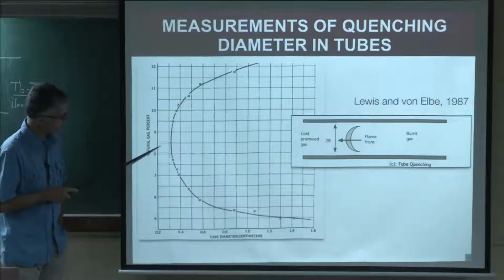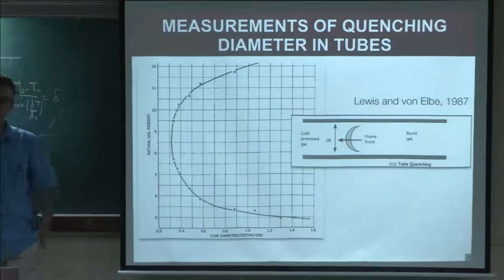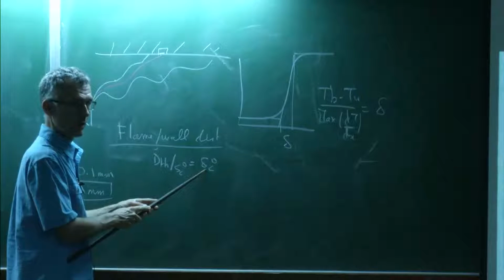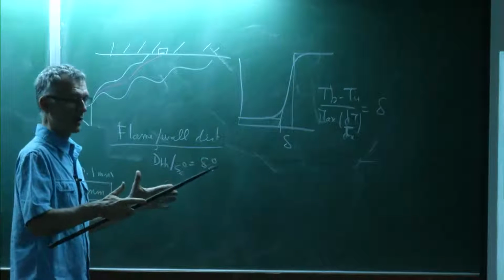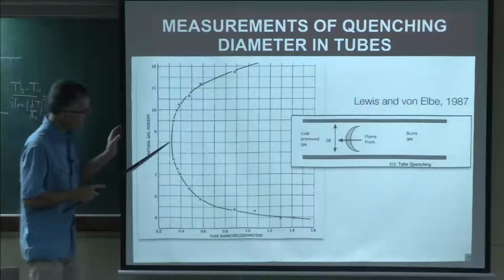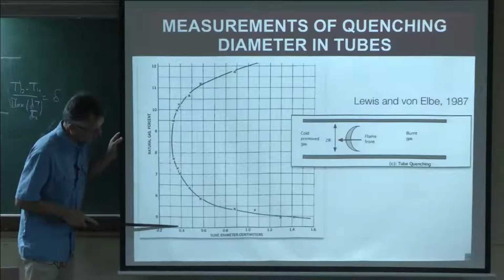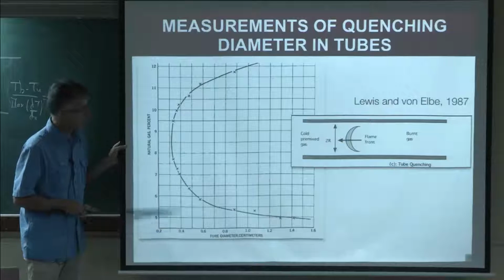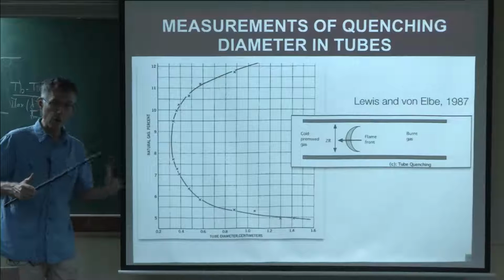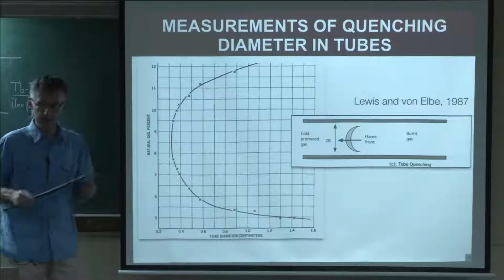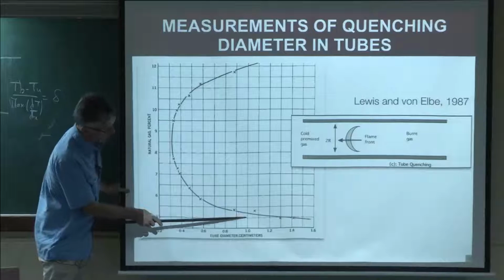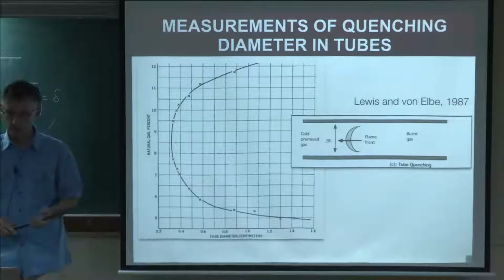So this is stoichiometric, and of course, remember that we said that before. When the flame is fast, it's easy from this relation. When the flame is fast, it is also thin, okay? And slow flames are thick flames. So here, if you have a fast flame, it's going to be thin, so you need a small tube. You see here centimeter, so that's about 3 millimeter. But if the flame is a slow flame, then it's much thicker, and the scaling of the Peclet number tells you that for this flame here, which is a lean flame, you can have a tube of 1 centimeter, and the flame will not go through.